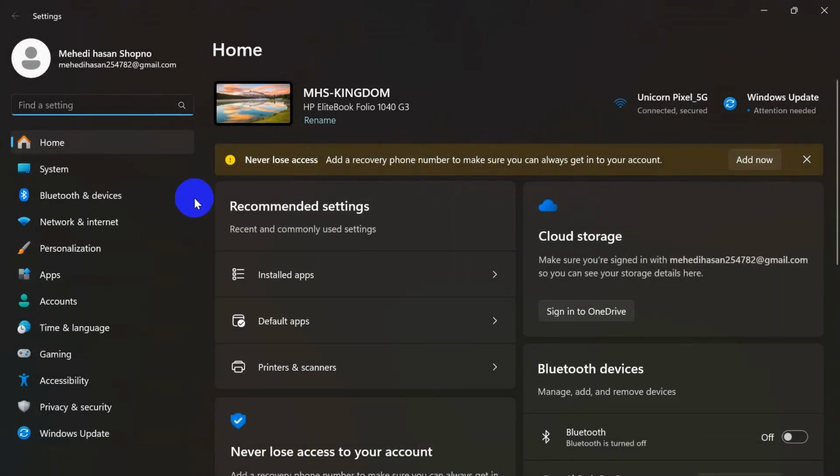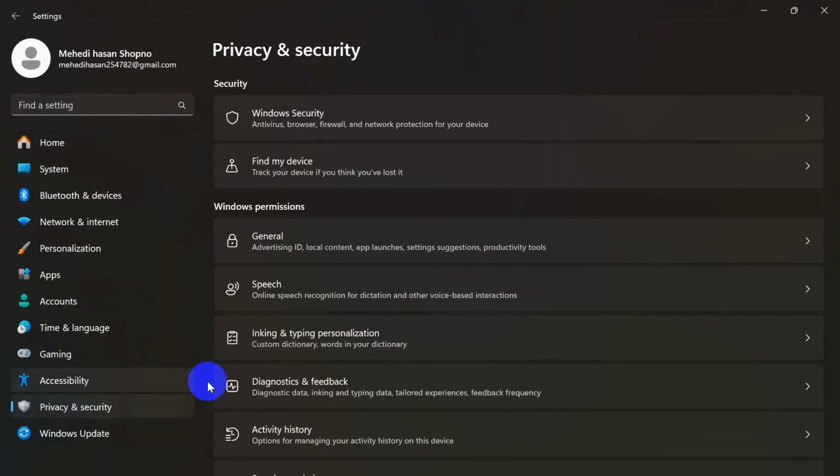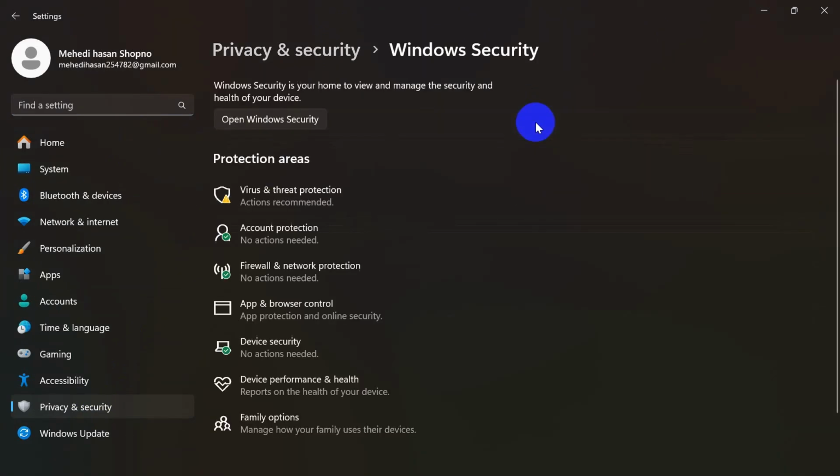After clicking on settings, the settings window will open, and now you just need to go to the privacy and security section on the left side. Click on that, and then you just need to go to Windows security, because here you will find antivirus. So click on that, and after that you just need to go to virus and threat protection. So click on that,